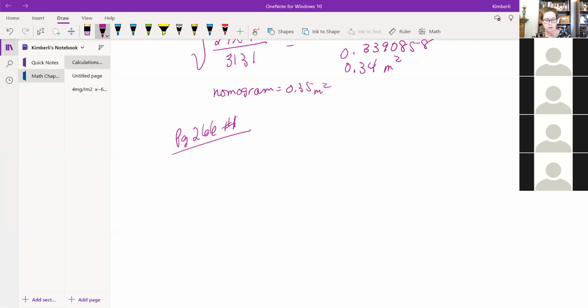No. So can you use the body surface area? No, because we only know the usual adult dose. We don't know how much per square meter. Okay, so you can find the child's body surface area, but you would have to use one of the